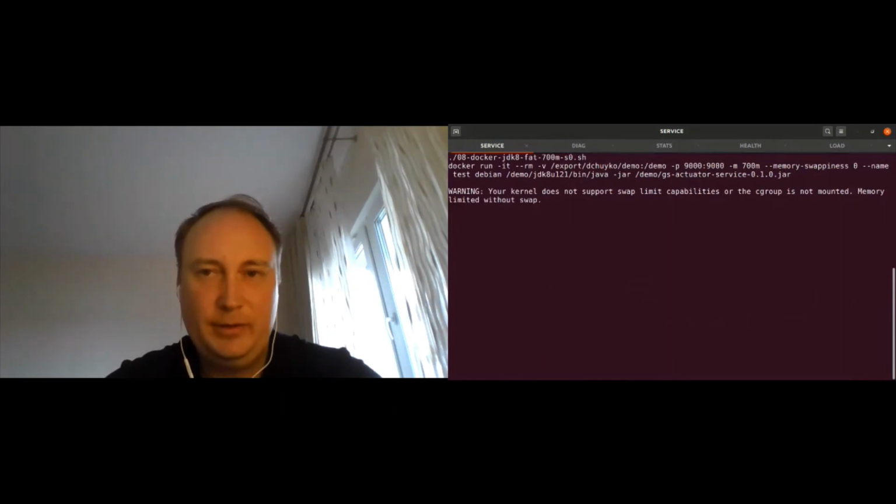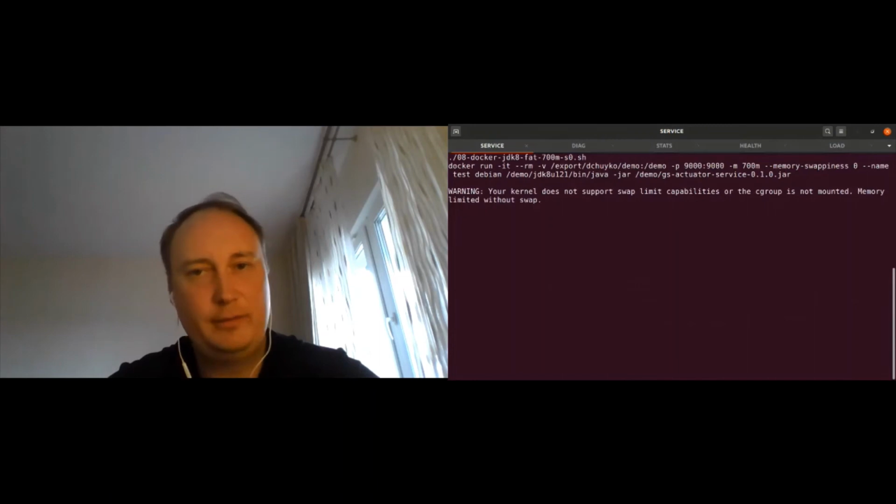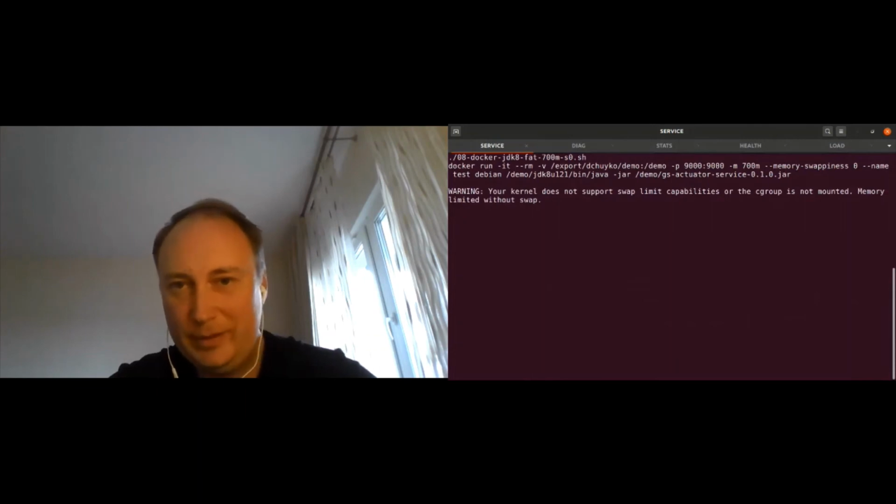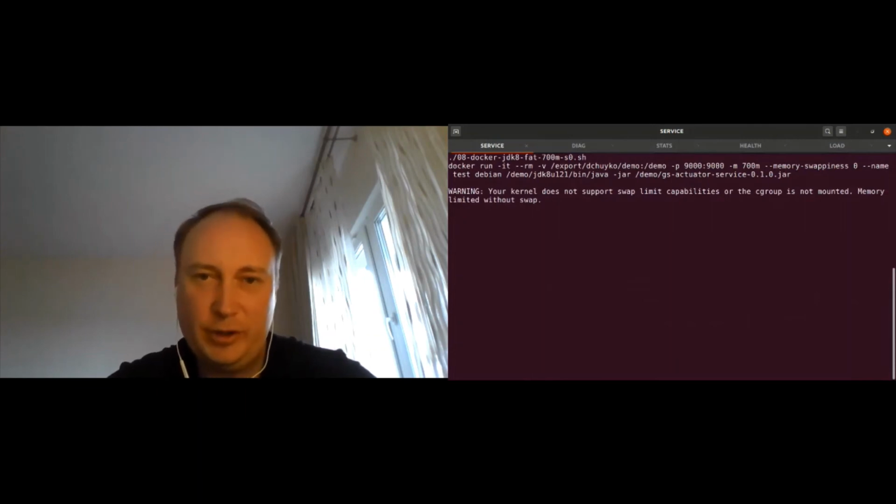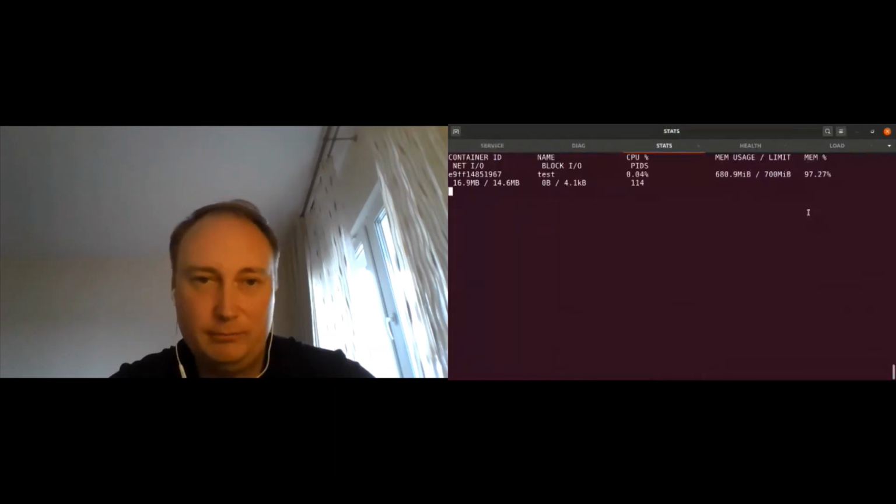And you see that the amount of memory it uses starts to grow rapidly. So it will grow for a while, and then the service again will be killed by the out-of-memory killer. And the same happens, but slowly, if I have swap enabled: the service will just become very slow, not responsive,